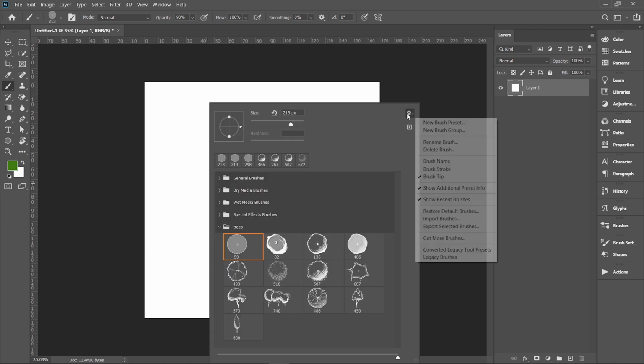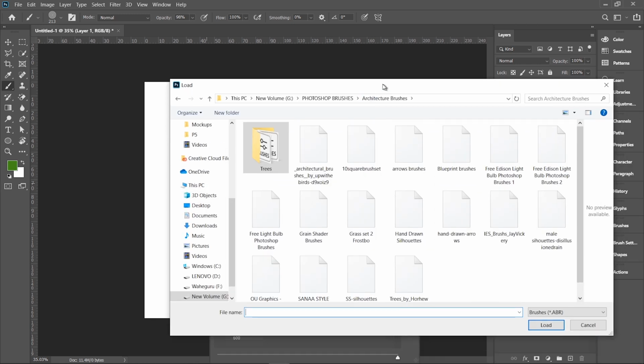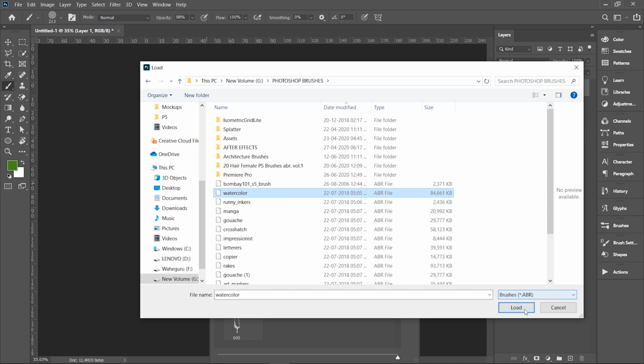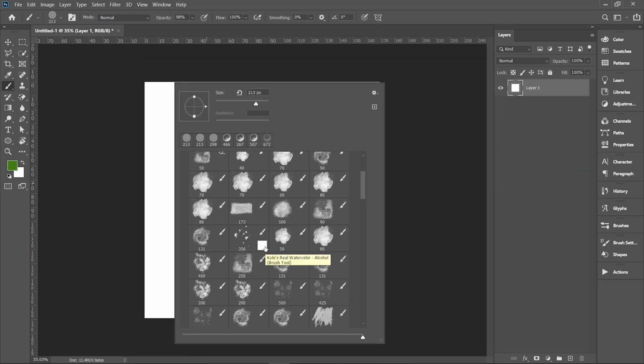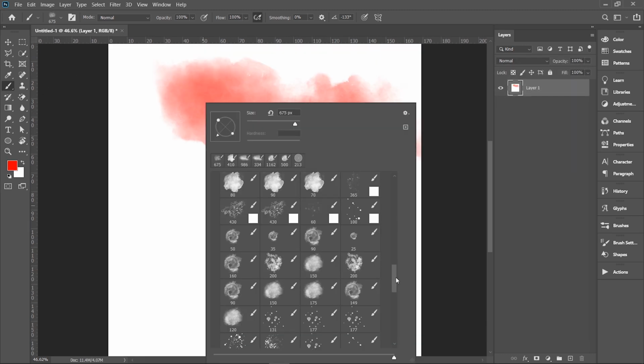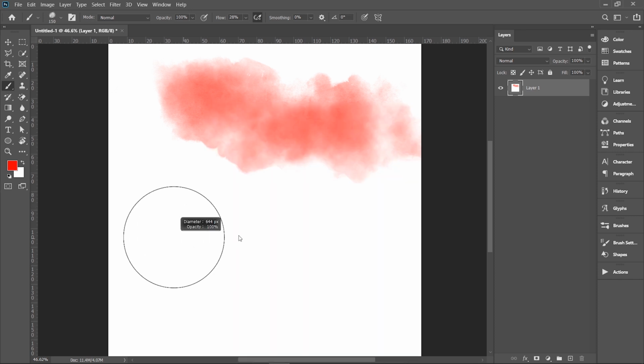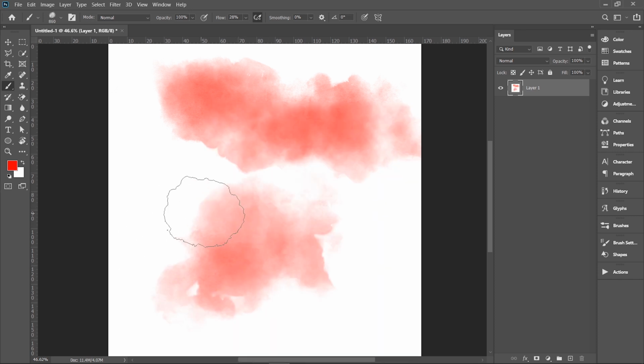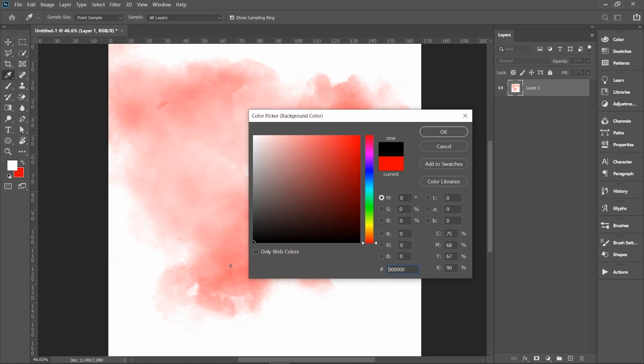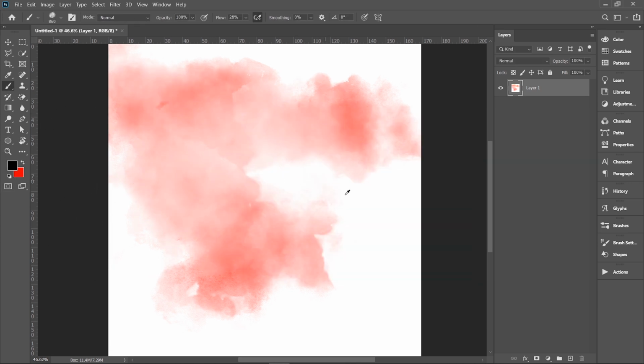Let's import a few more brushes that I use frequently. Now I import watercolor brushes. There are many good brushes in this group. I personally like these brushes very much. It creates a nice and natural background. You can try experimenting this brush to create nice artworks. You can share your artworks in the comments below. I have illustrated this brush in my previous video. Check out if you haven't watched it yet.